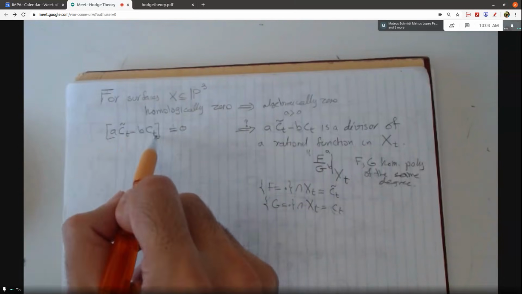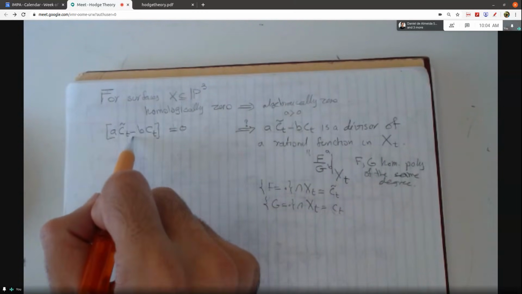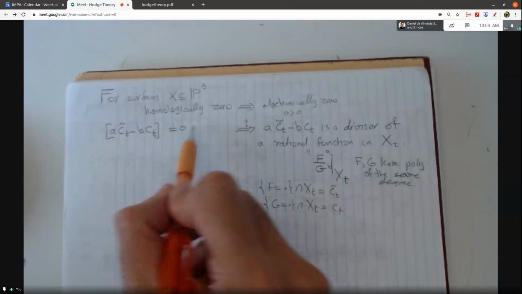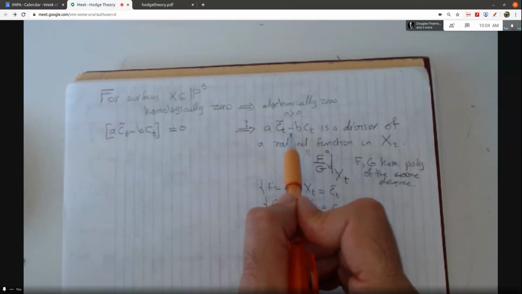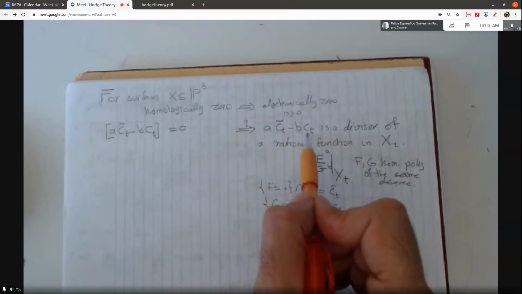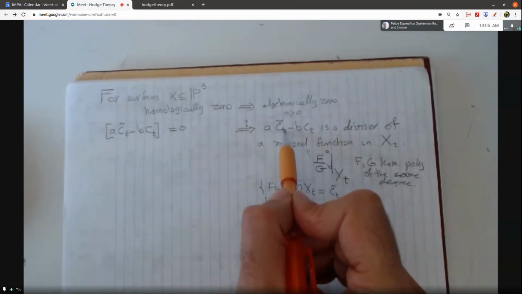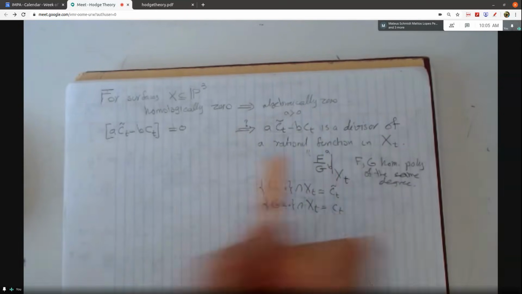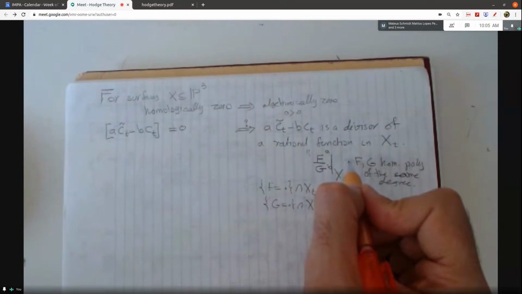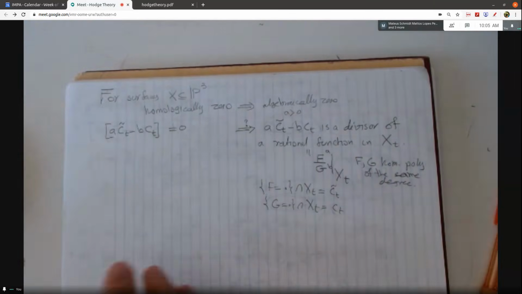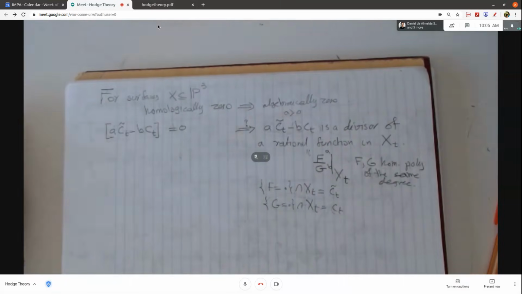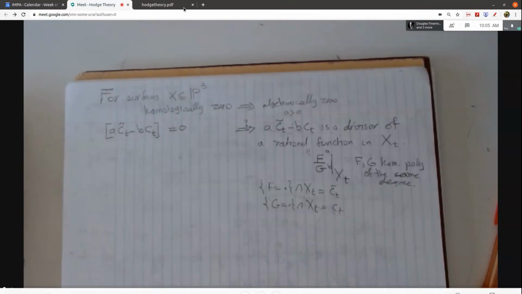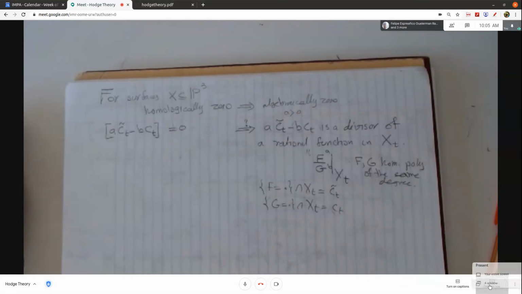From the homological equivalence to 0, we have to conclude that this divisor is algebraically equivalent to 0, in the sense that it is the divisor of some rational function. So these details are not so hard to do. For this part, we have to go to the part of the Lefschetz 1-1 theorem that I didn't focus on. So let's try to go there.